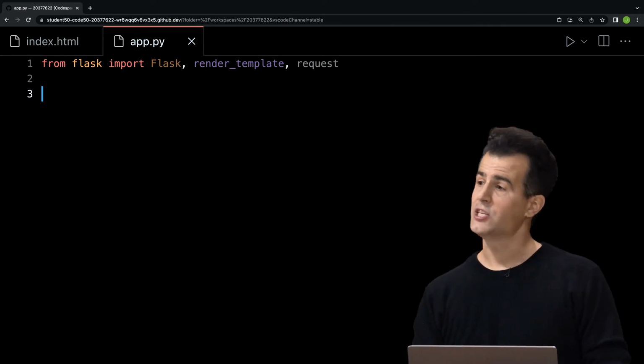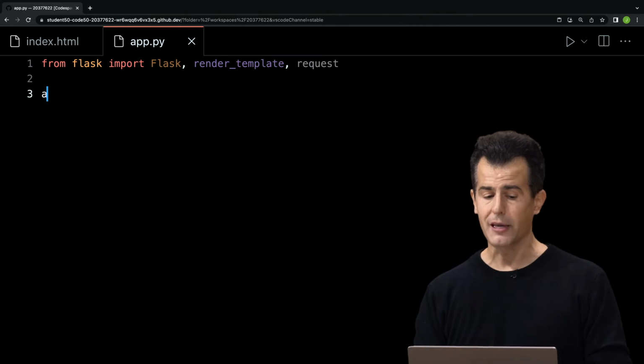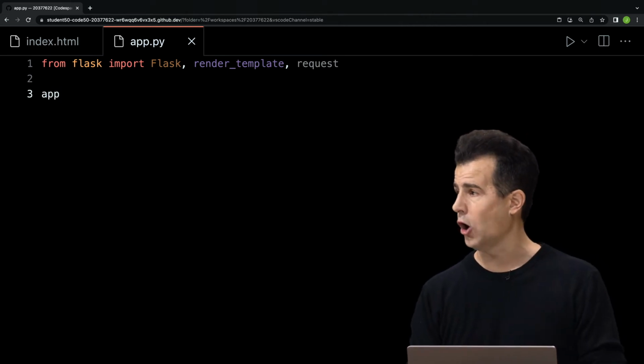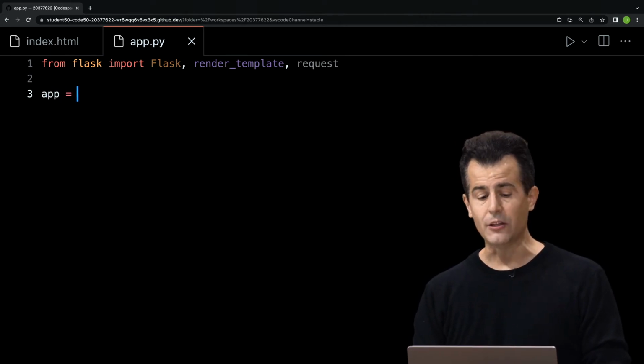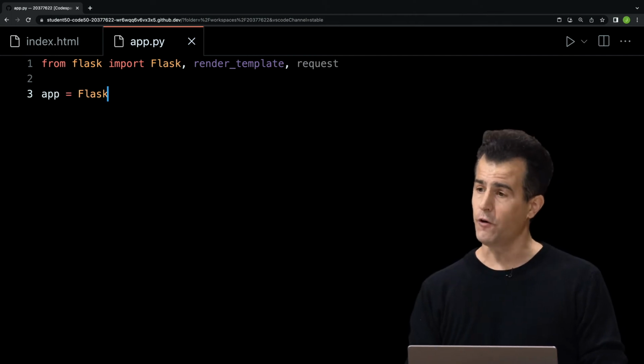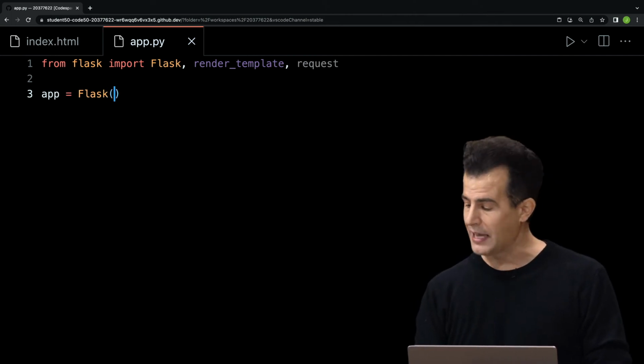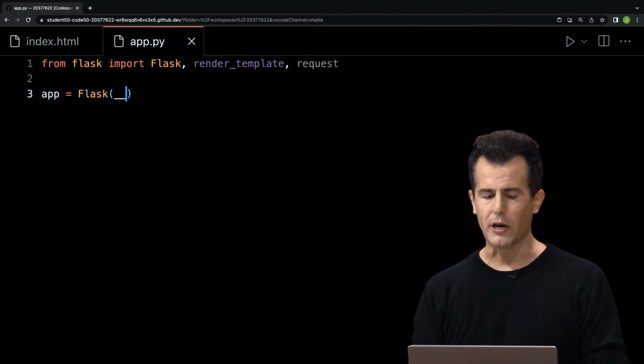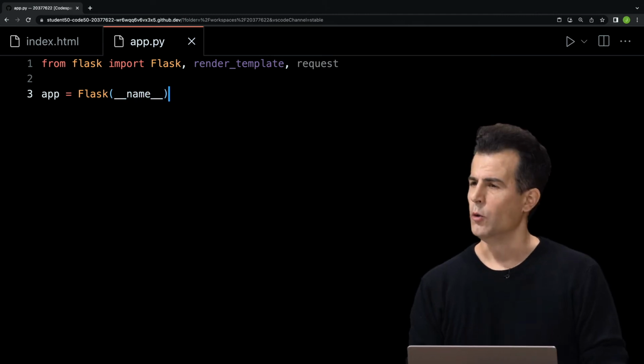The convention in Flask, when you want to create a web app in Python, is you create a variable by convention called app, and then you assign it the return value of that Flask function, capital F, and pass into it __name__. Which is weird, but we have seen this before. A few weeks ago,